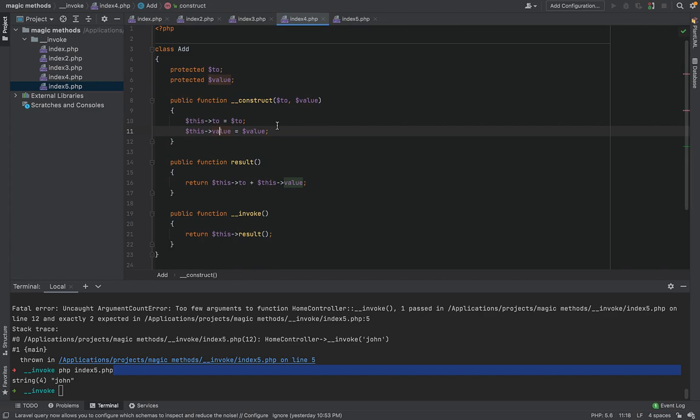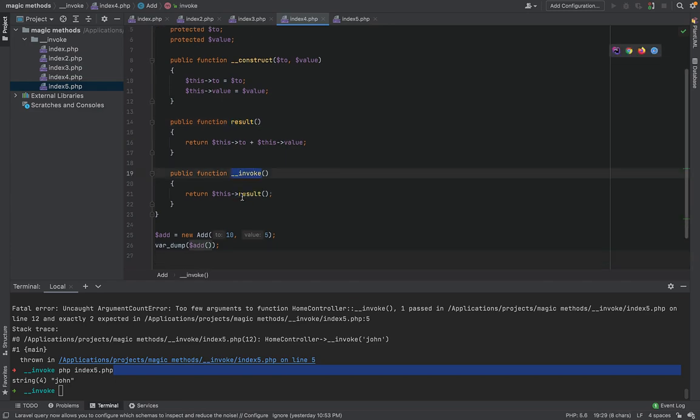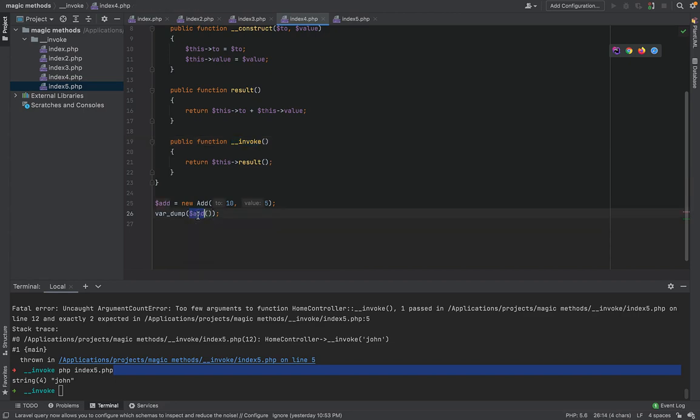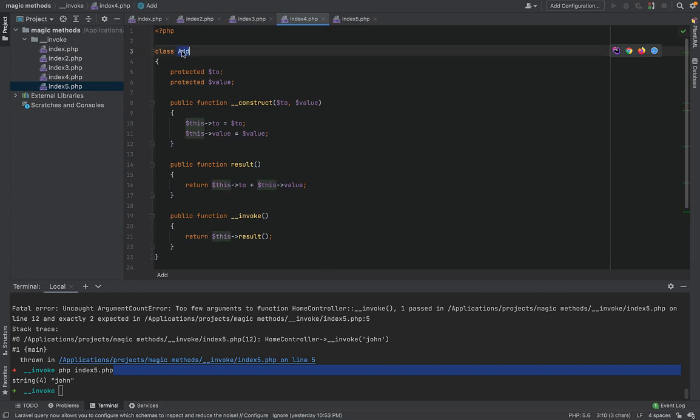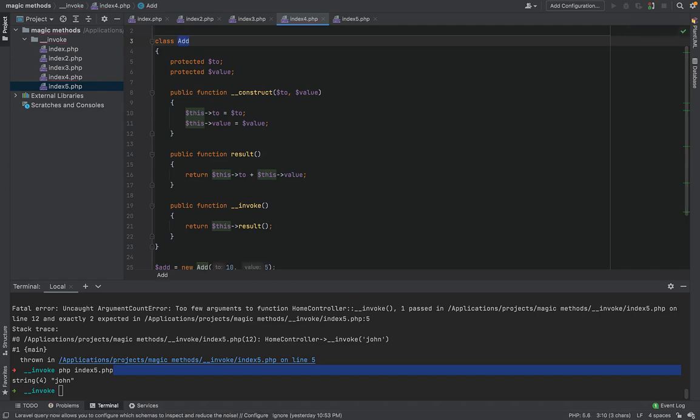Some of the main usages of invoke are when you are following the single responsibility principle, or you have a class which is going to have just one method. In that scenario, you don't need to call it index as always, or show or update or anything like that. You can just call the method invoke and you will have access to that object anytime you want without knowing what is going on in that class specifically. So I hope you can make use of the invoke method. Let's go to the other magic method in PHP.